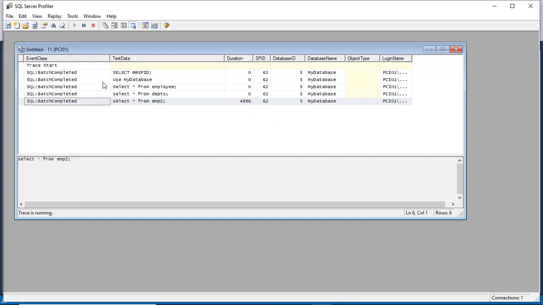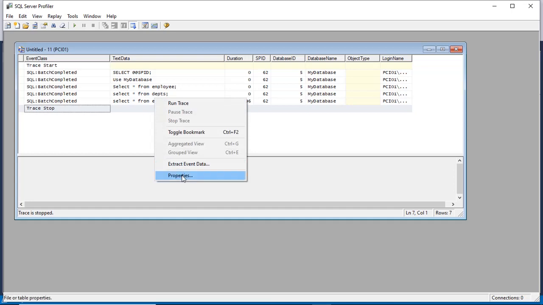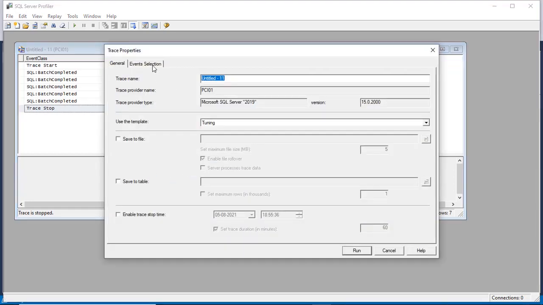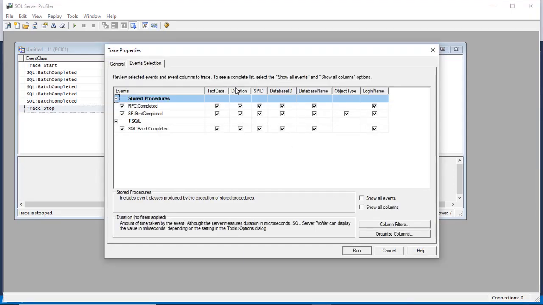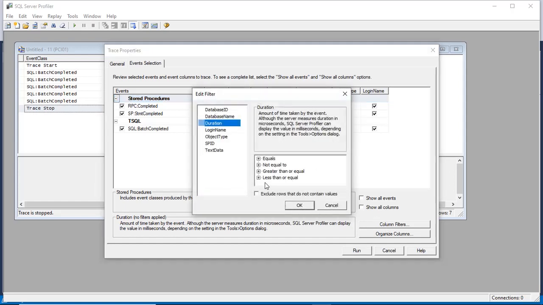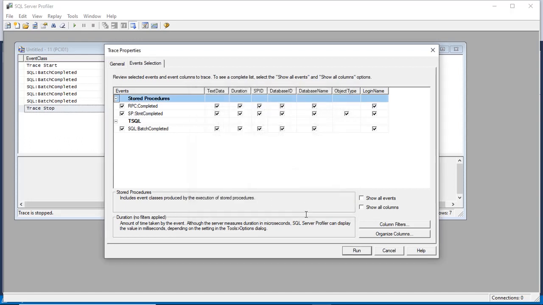First of all, stop the tracing. Then right-click, go to properties, then event selection. Select duration. In duration, greater than, say, 2000. Okay. Then run.